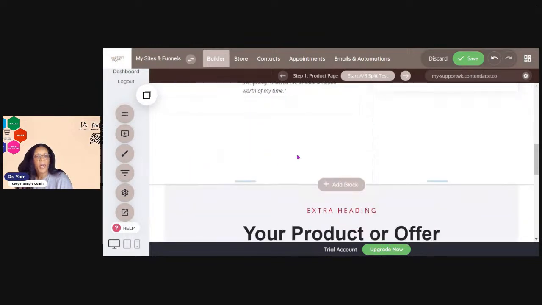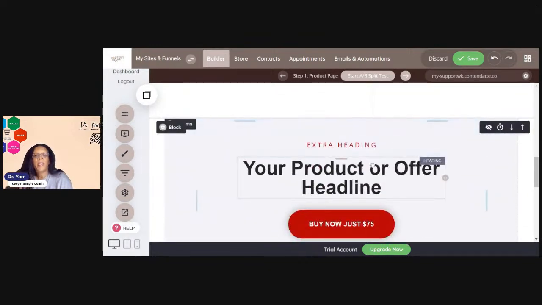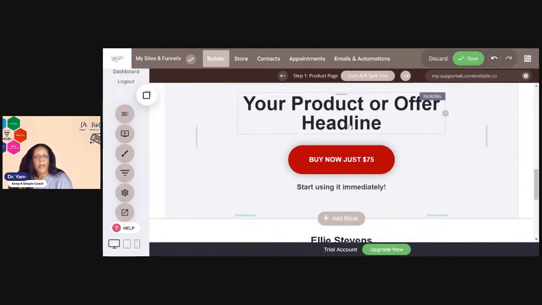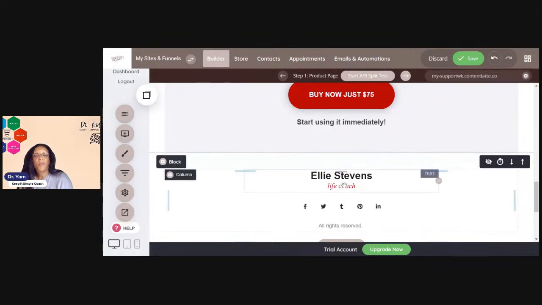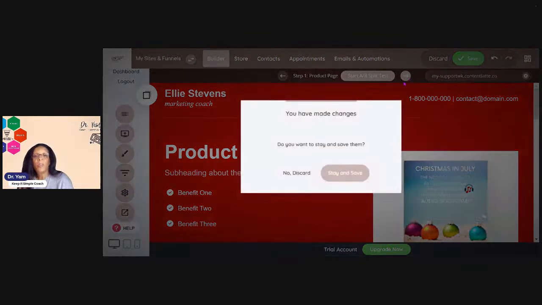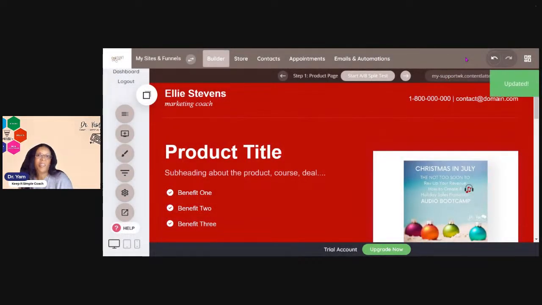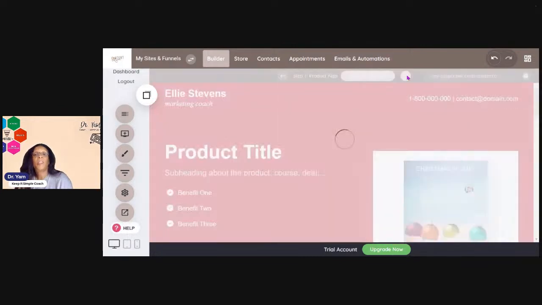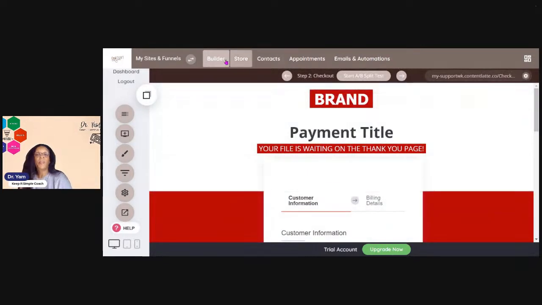Put all your marketing copy, all the details here. Again, what are going to be your header, more buttons, give some more details, and then just customize it to your liking. Okay. And then if you head on over to the next page, I'm going to say stay and save. So make sure you hit your save button. Notice how it won't let you go anywhere unless you're saving your stuff, right? If you go to the next step, you just hit the button up here, and now this is your checkout